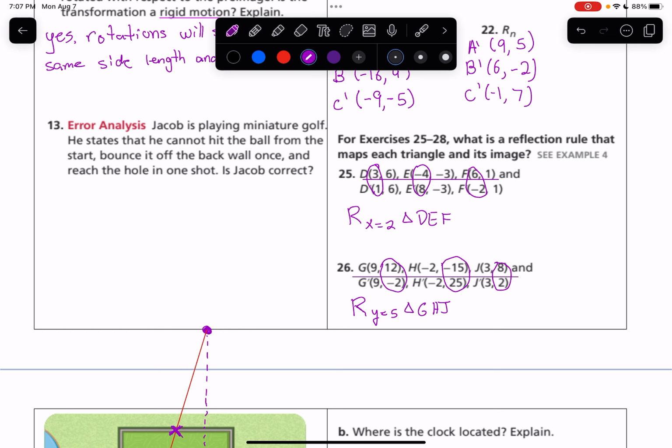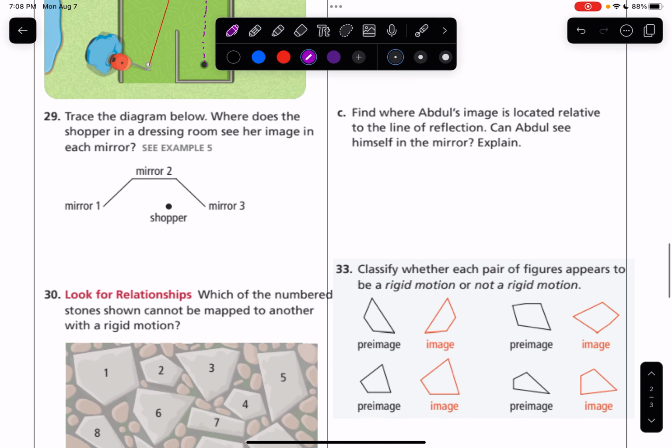There we go. Number 29, trace the diagram below. We don't need to do that because we're on a paper. Where does the shopper in a dressing room see her image in each mirror? Pretty simple, right? We've got the shopper going to mirror 3. We'll just do these backwards. And I'm going to make this perpendicular and the same distance away, and that's where she sees herself. It's going to be the same distance between the shopper and the mirror and mirror 3. It's also going to be perpendicular. That's how our